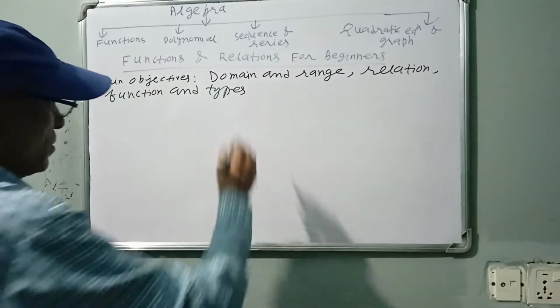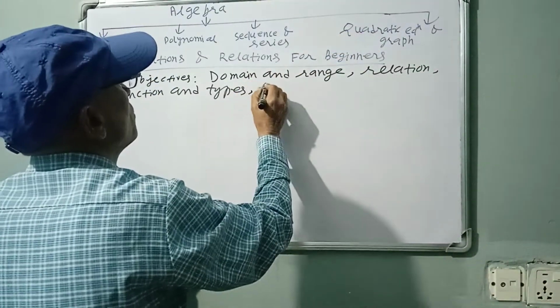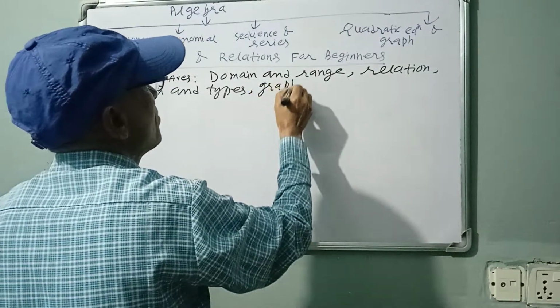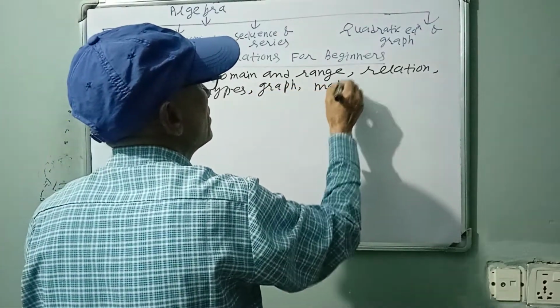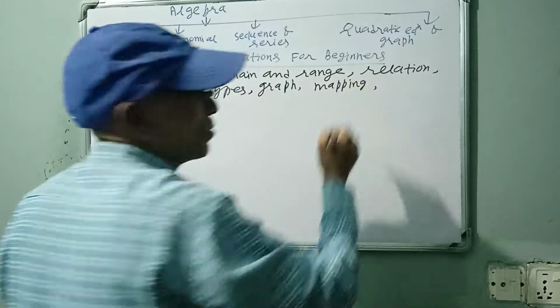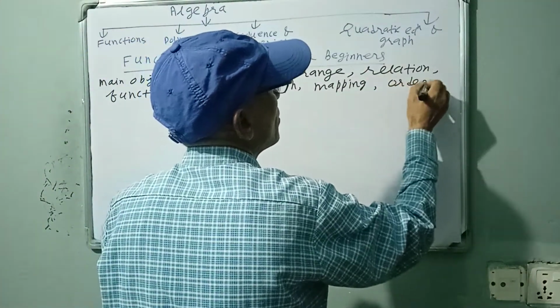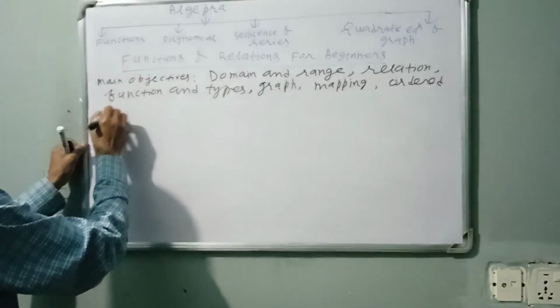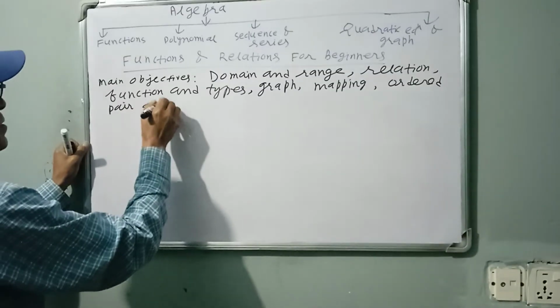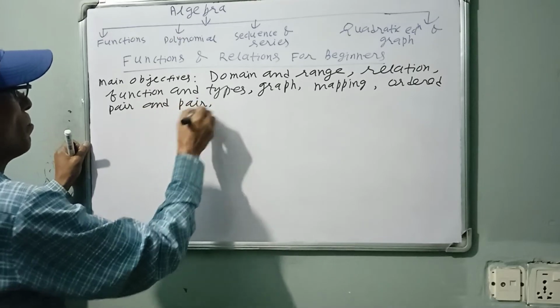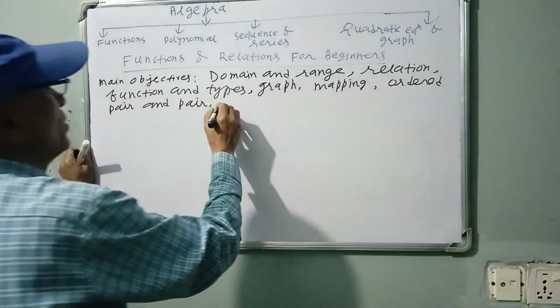Functions and types, different types of functions, and then with graph also, graph, mapping, difference between order pair and pair, inverse function,